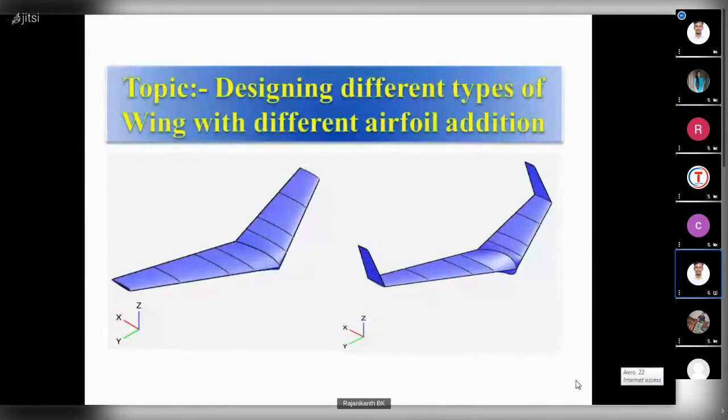OpenVSP software to design different kinds of wings. I mean, basic things we have understood. Okay, how to input our wing and how to use those parameters. So by using that understanding, or with the help of those